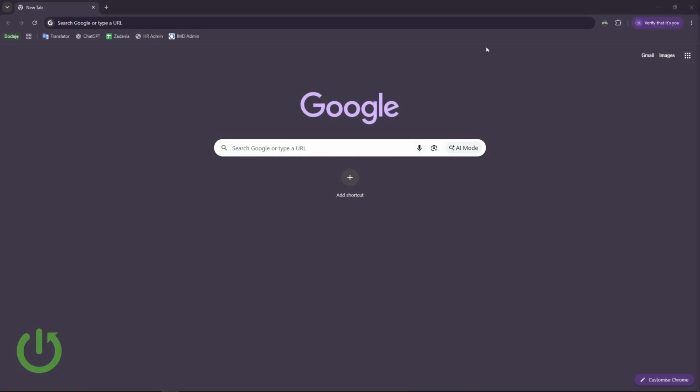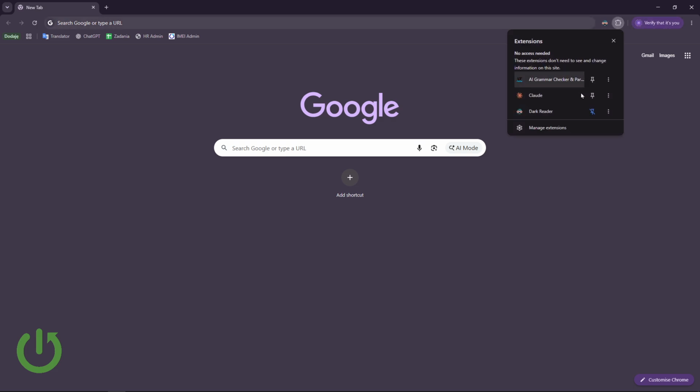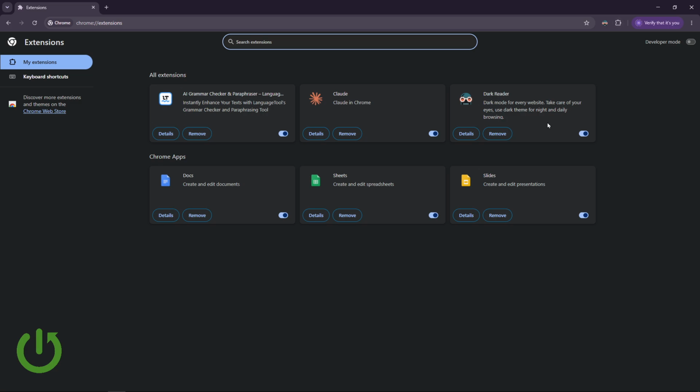Okay, first you've got to have your Google Chrome opened and then go to extensions. It's this icon next to your profile. Then go to Manage Extensions and on the left side select Discover more extensions and themes on the Chrome Web